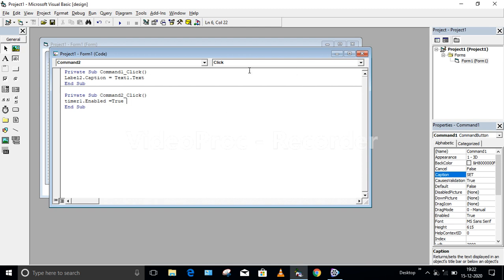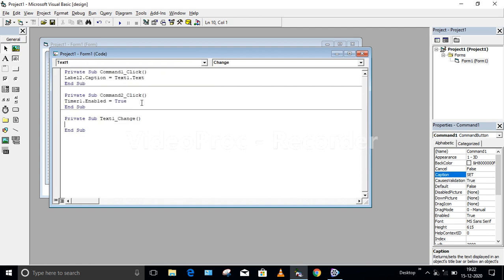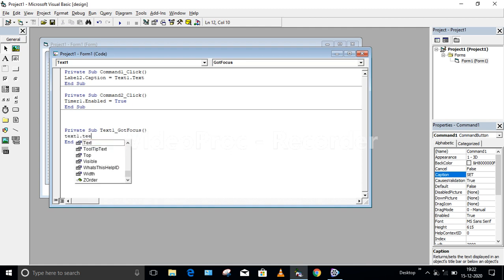Okay, then I'll write the code for the text box also. Click on the text box and make the event GotFocus. Whenever you move your mouse pointer onto this text box, let us see what will happen. Here I'll write Text1.Text = "00:00:00".